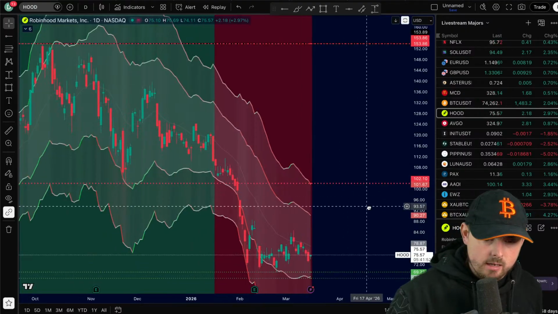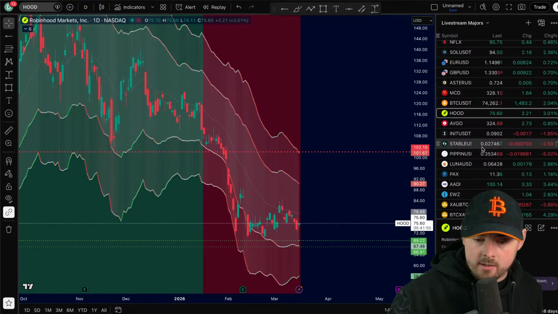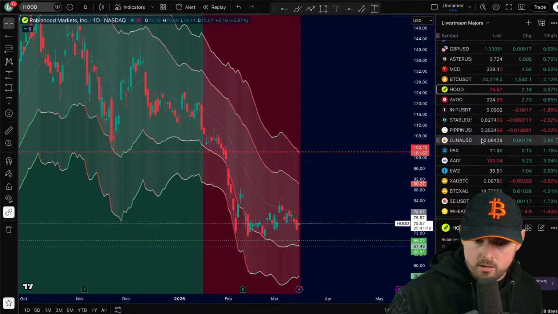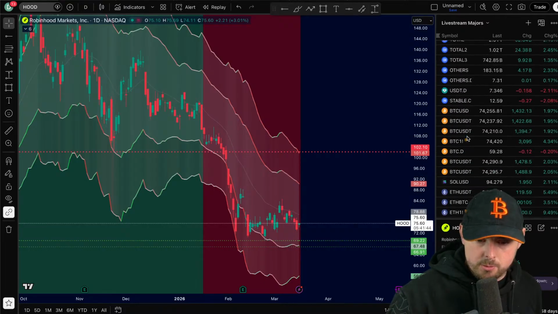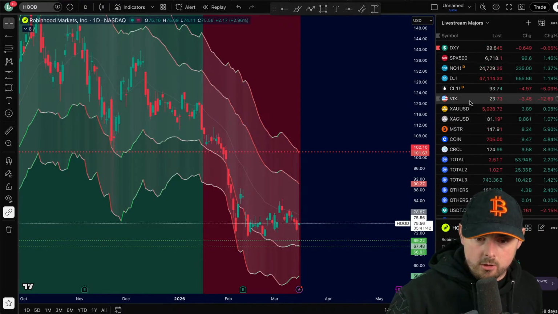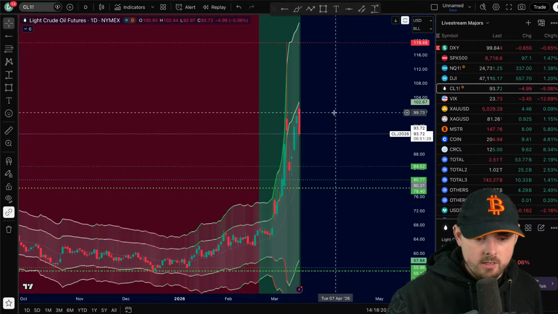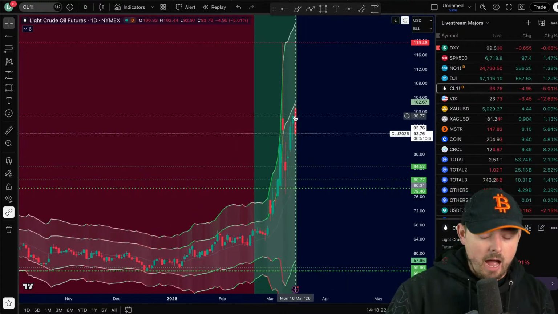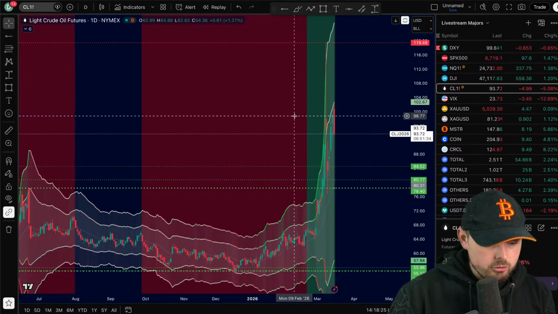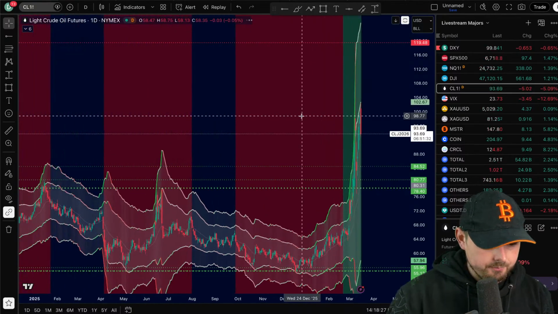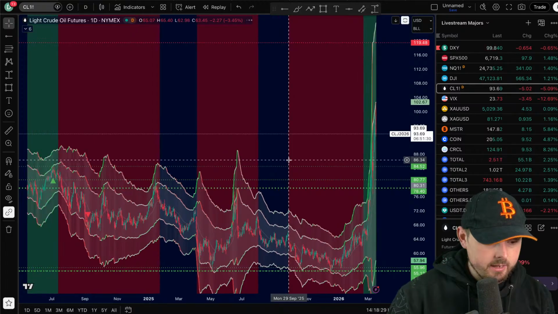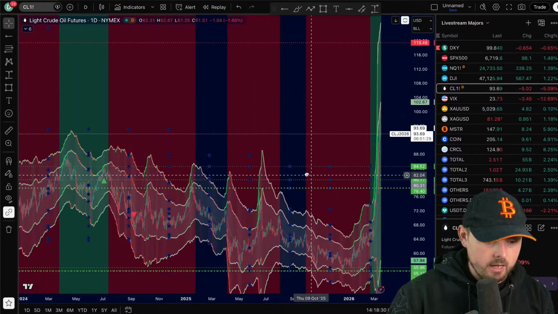HUD had a deep retrace. That's minus like 50% from its high. But yeah, that's where we're up to anyway with that. Oil, we'll go over oil again because obviously I know Muji asked for it. I'll be honest, I'm not an oil trader. Don't really trade oil. But what I would say is that if you zoom out on the chart, there is